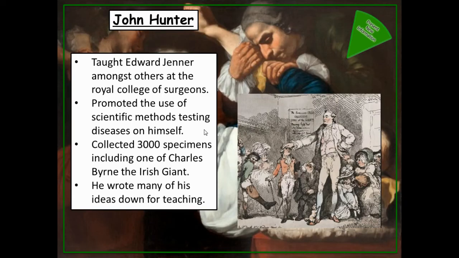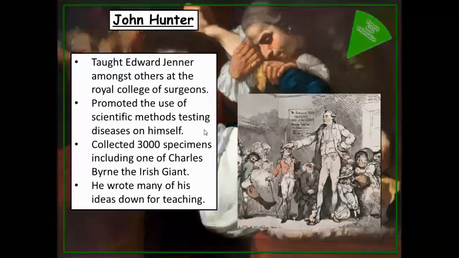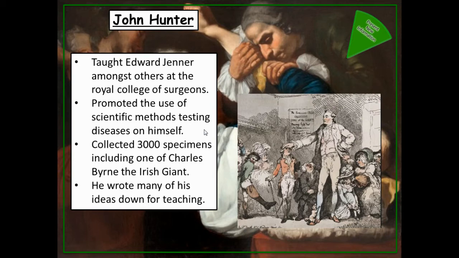Again, staying in the Renaissance, and our final surgical thinker from the Renaissance, as you're probably noticing, the Renaissance was a very important time for the development of surgery, was a man called John Hunter. And he, similarly to John of Ardern in medieval times, really developed surgery as a profession. So he taught lots of people at the Royal College of Surgeons, which was in London. It's a very famous institution for training surgeons, including Edward Jenner, who we looked at earlier.